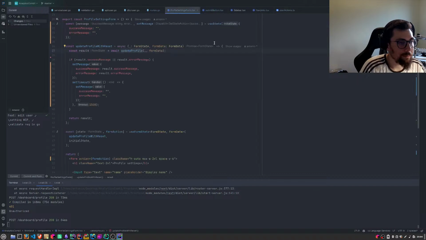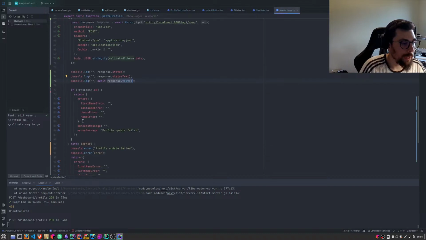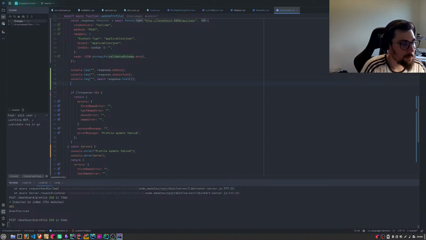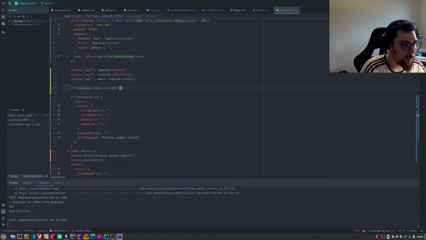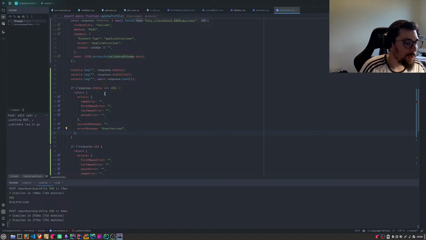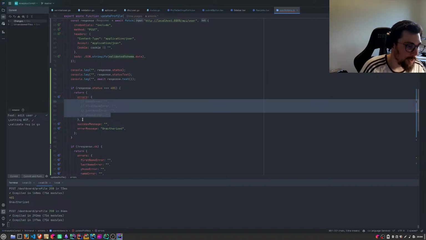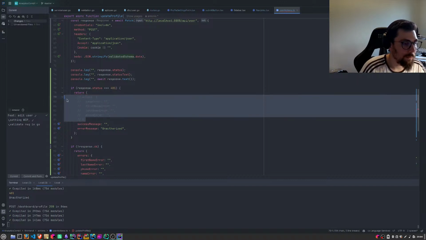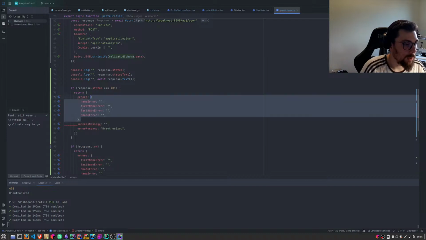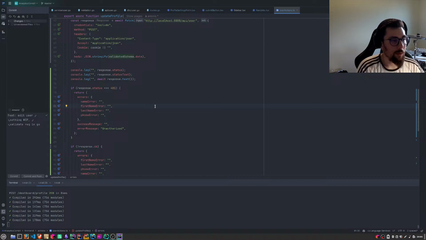User actions profile. Bro, I can't find my way around this. If response status is 401, boom. I wonder, will anything error out? I think it will. Yeah. I just wanted to pass an empty object, but TypeScript won't allow me because it's an asshole. That's fine. This is how it should be.